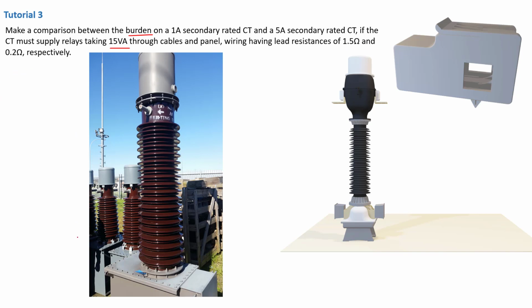So that basically your current transformer has a relay attached to it, and the relay has wires that carry this resistance, the 1.5 and the 0.2 ohm. Okay, so now the first thing you're going to do, like we've done in the previous tutorial, that's tutorial 1 or 2, is to draw your schematic. Because by drawing your schematic, then you are actually making an illustration of your problem that you have at hand.